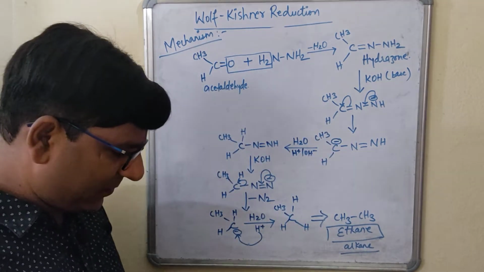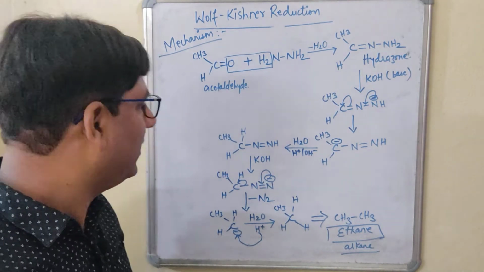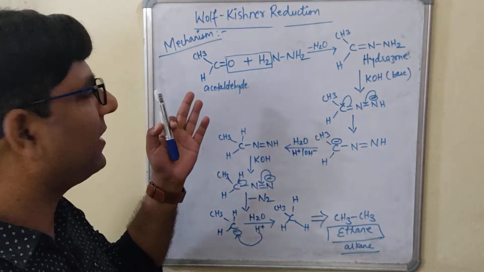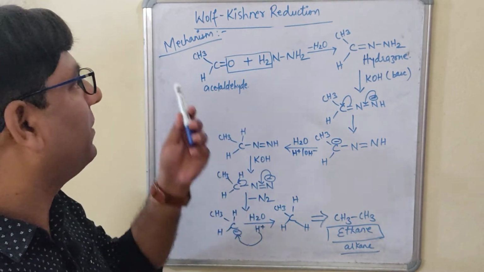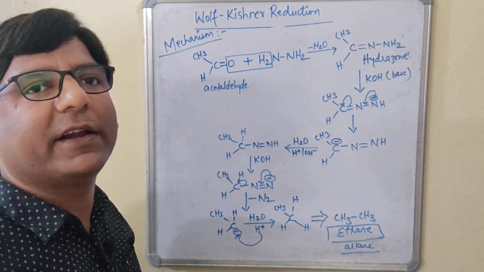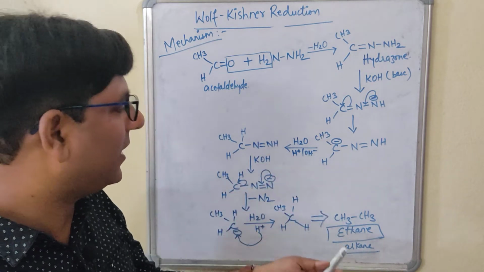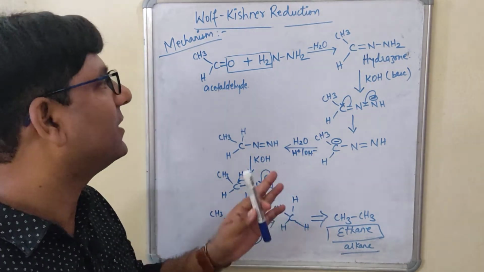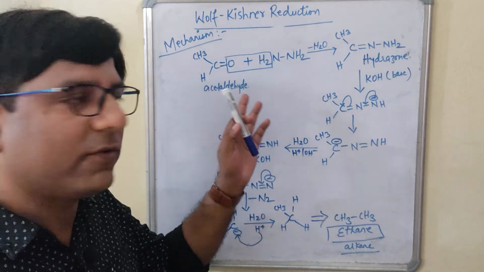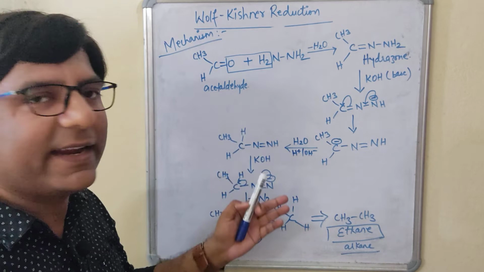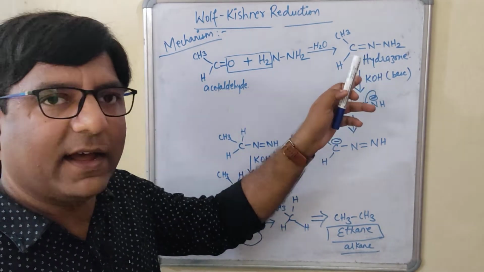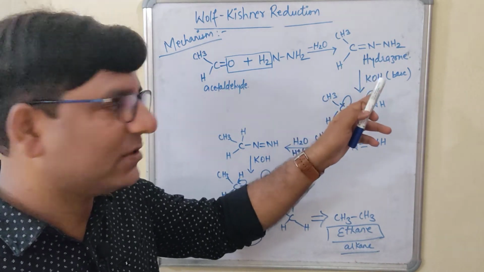So students, hope you have understood this mechanism also. Very simple way. Just correlate with the Clemmensen. Remember Clemmensen, you can remember this also. How? Because the same substrate, aldehyde and ketone, is going to be reduced into the corresponding alkane. The only difference is that in this Wolff-Kishner reduction, you have to use hydrazine to form the hydrazone, and the reagents and the catalysts are different, that you have to use the base, and the role of this base is to abstract the acidic proton or the acidic hydrogen, right?